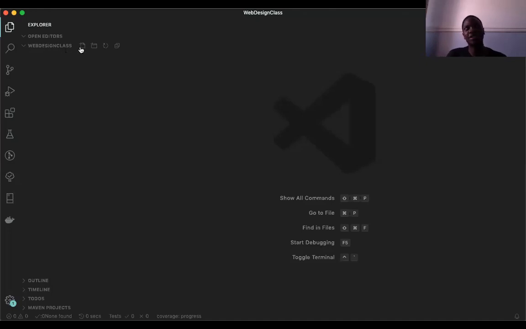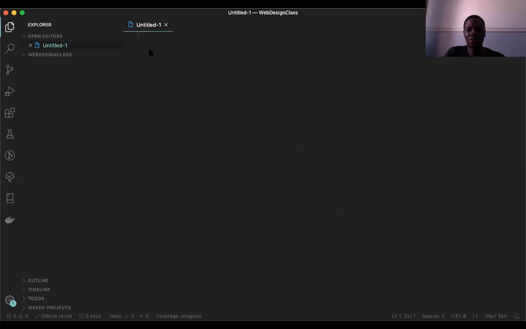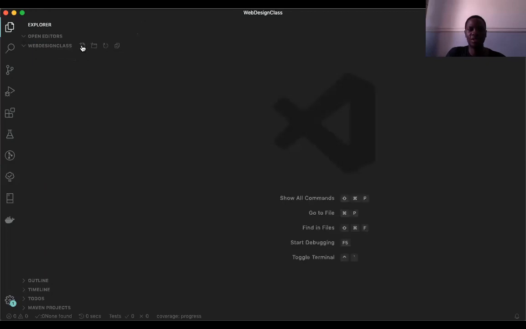So on my text editor, if you're using Notepad, all you have to do is just start typing. Really, there is nothing there. For me, double clicking already creates a new file, but instead of doing that, I'll just create a new file here. Now, you can name your file anything. I'm just going to name mine web page. Remember, you must always save your file with the extension .html.